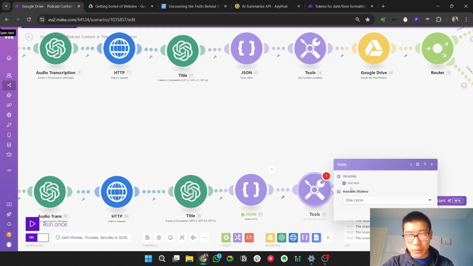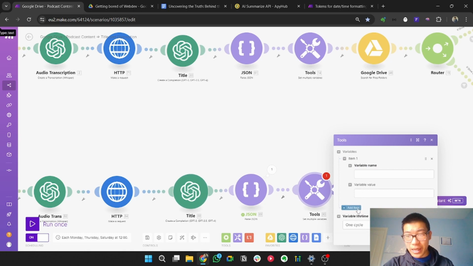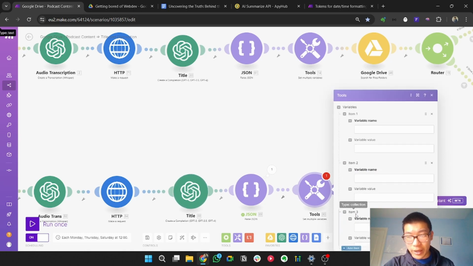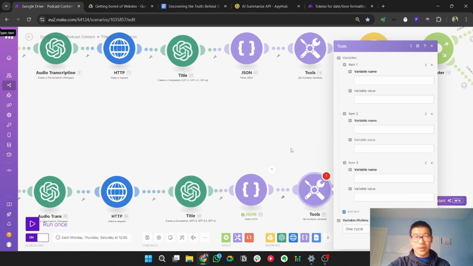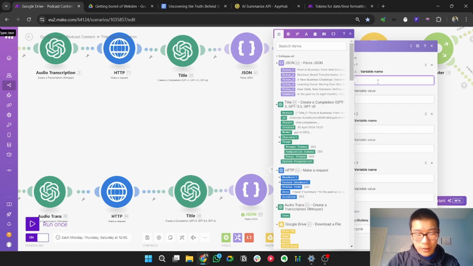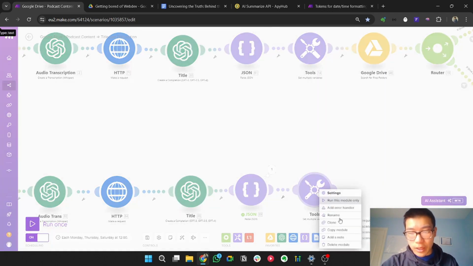So set multiple variables. This just helps later on with the time. So later on, you're going to be setting time and stuff, and it just makes life easy. I'm all about making life easy when I'm building these things because they're already really confusing as it is. So I think it's year. Actually, you know what I'm going to do? I'm going to actually just